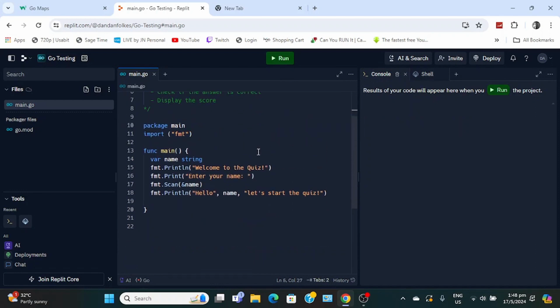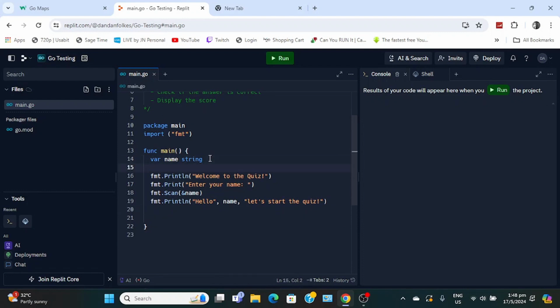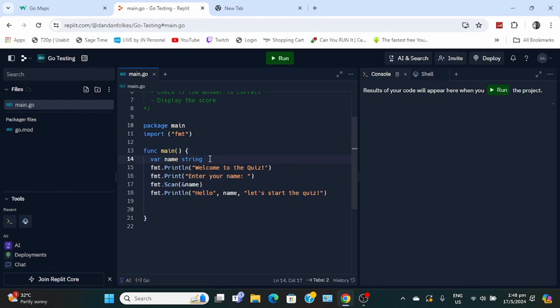Ask user a question. I remember in Python I made a capital quiz game. Might recreate that. I think I'll just go and keep it simple. Oh, the next thing I want is, wait, no, I'm not going to add it now, because if I add it and I don't use it, then it's going to give an error. I was going to add a score variable. So fmt.Print. Wait, how does it know that I was going to ask capital? Yo, yeah, this AI is freaky. Anyway, what's the capital of France?